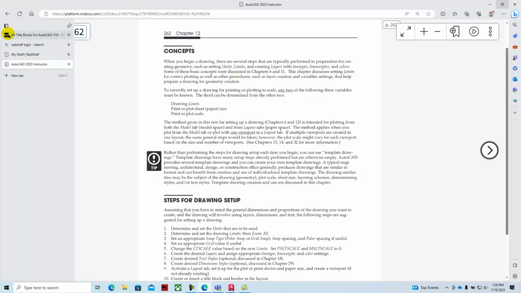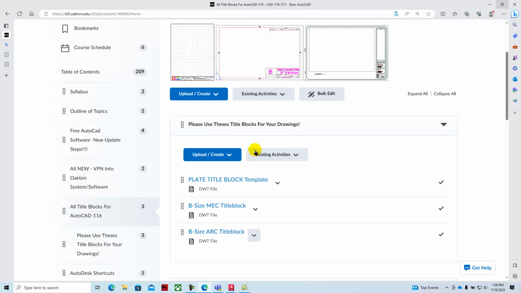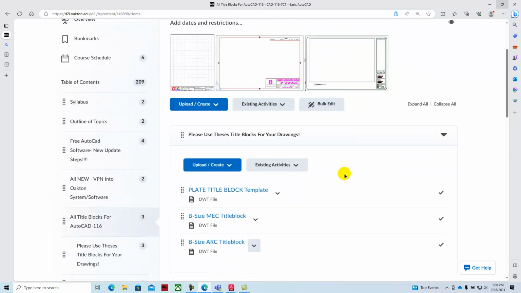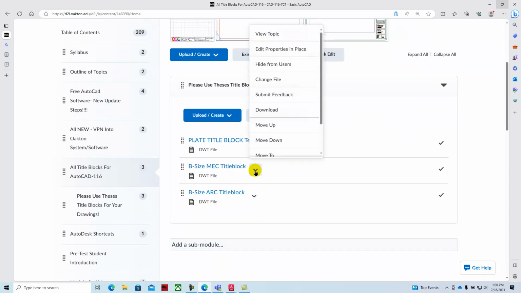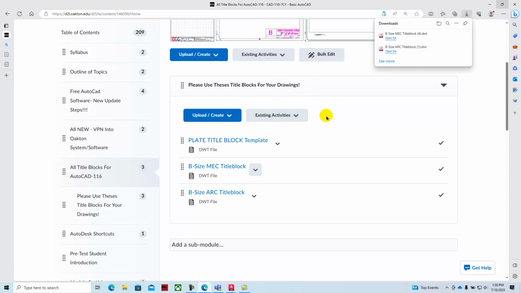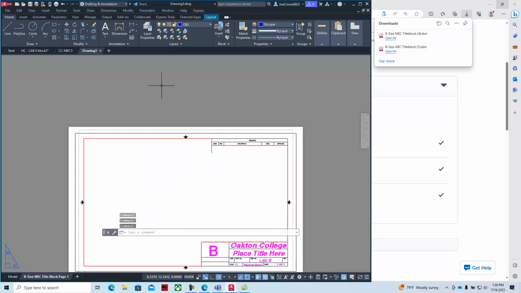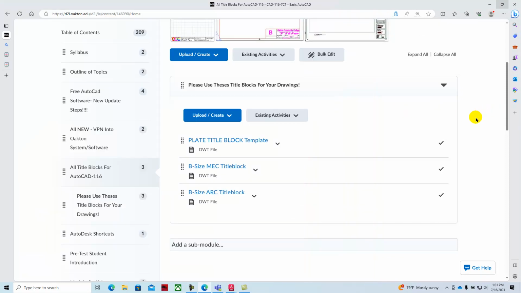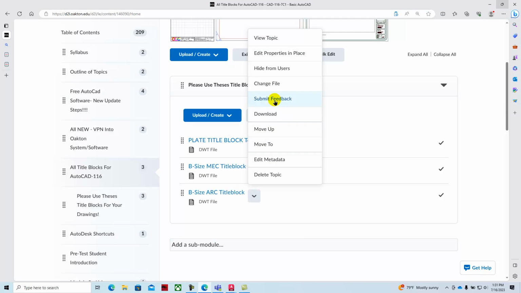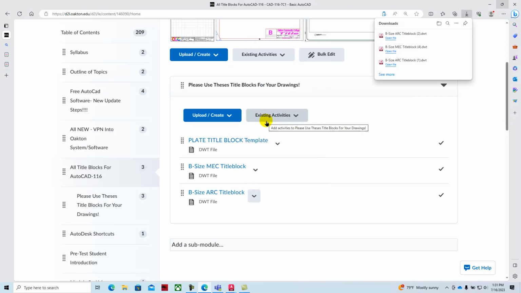And so, for example, if we come over to the D2L section for all the title blocks, we have these different title blocks for you. And so here's our mechanical template. If we download that and open it, we can then take a look at things like the format for the units. And the units are set for decimal on this drawing template, versus if we download the template for the architecture and we open that file,